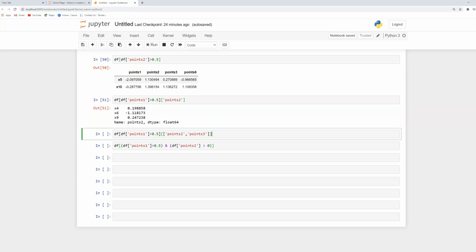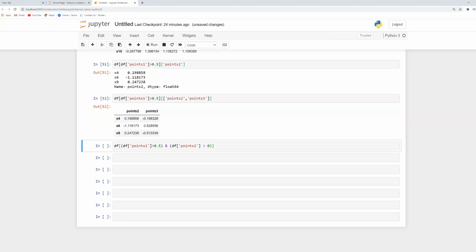Okay, again, here in the same way, if we are interested in populating two column values based on some conditional probability on a third variable, we have to write it like